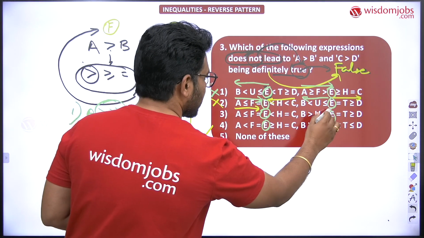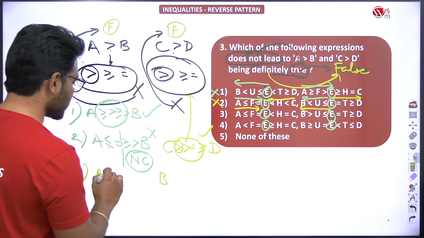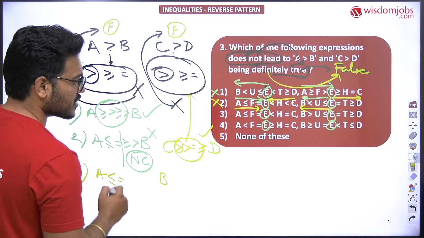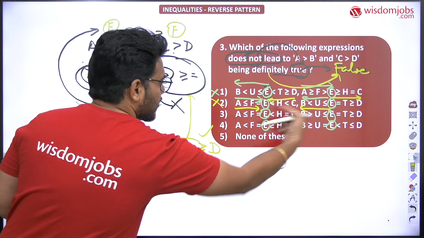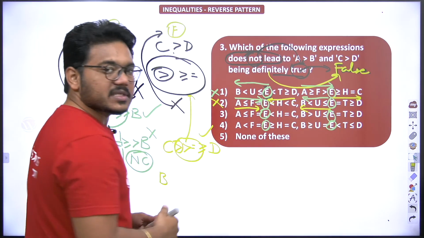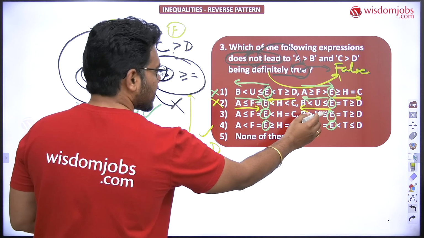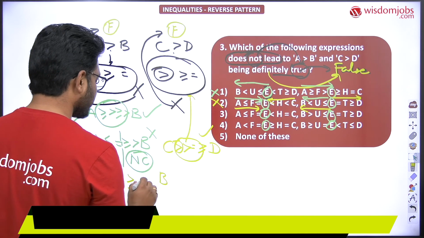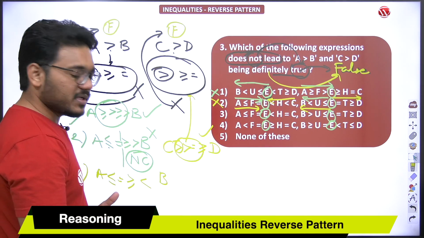Towards E, then E towards B. What are the possible symbols? Less than or equal to, is equal to, then from in this direction, in this direction. Straight away you can say this is greater than or equal to, less than, greater than or equal to, less than. Obviously here